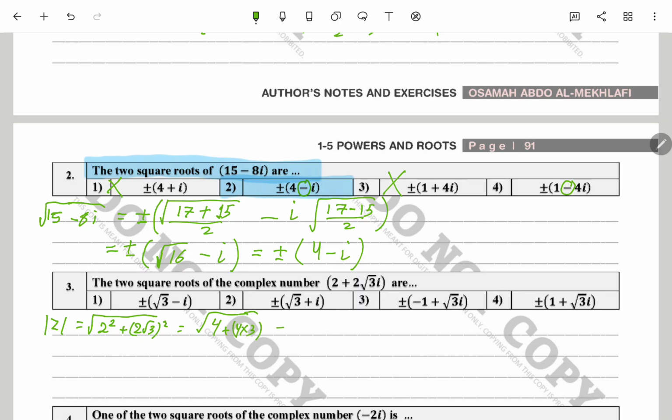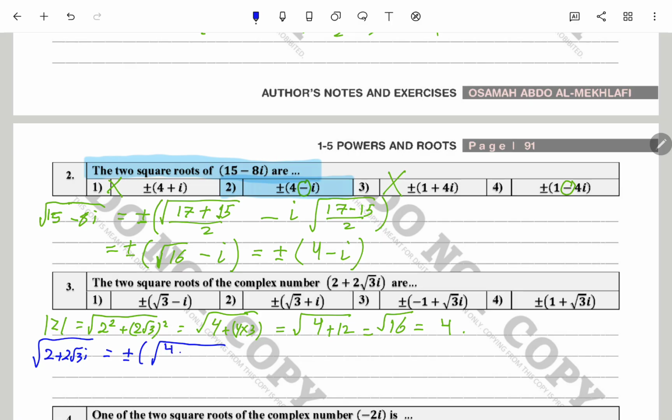Now try to multiply first, then add. 4 plus 12 will give you 16, whose square root is 4 finally. Now you have the modulus, which is r. You can use it now by finding the square root of 2 plus 2 root 3 i. This will give you plus and minus, open a bracket, square root of